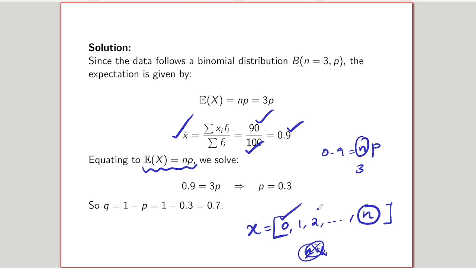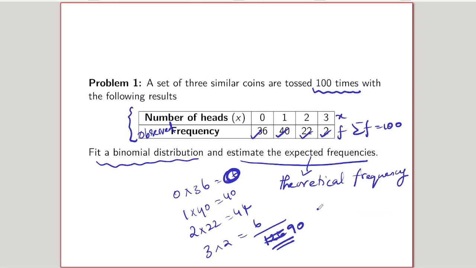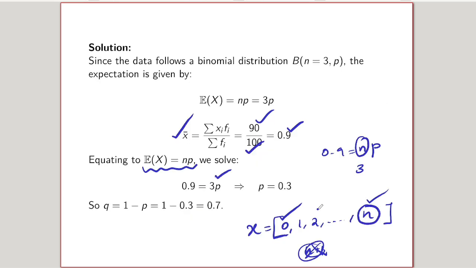So starting from 0, whatever value it ends with, we are going to take that value as n. See here, starting with 0, it ends with 3. So n value is 3 for this question. So 3p, and we can find the value of p as 0.3. And third step, finding q, which is nothing but